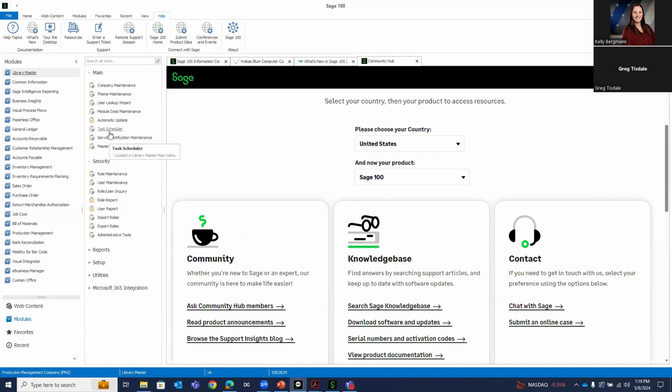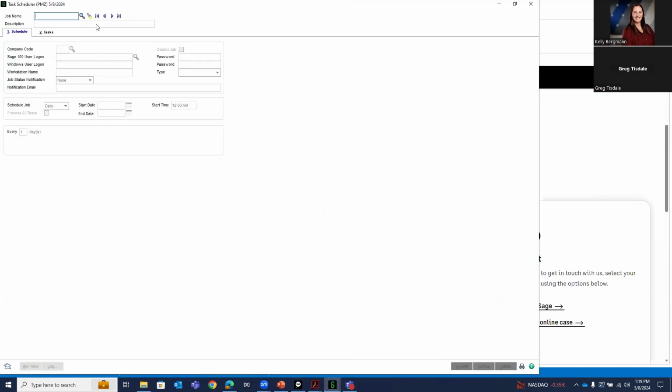Additionally, in the Library Master, Sage has added an email notification when you trigger an event in Task Scheduler. It can send an email out that the task has completed. So that is new. And I'm sure not everyone uses Task Scheduler, but I will mention it here because what Task Scheduler allows me to do, and I'll just say aging,